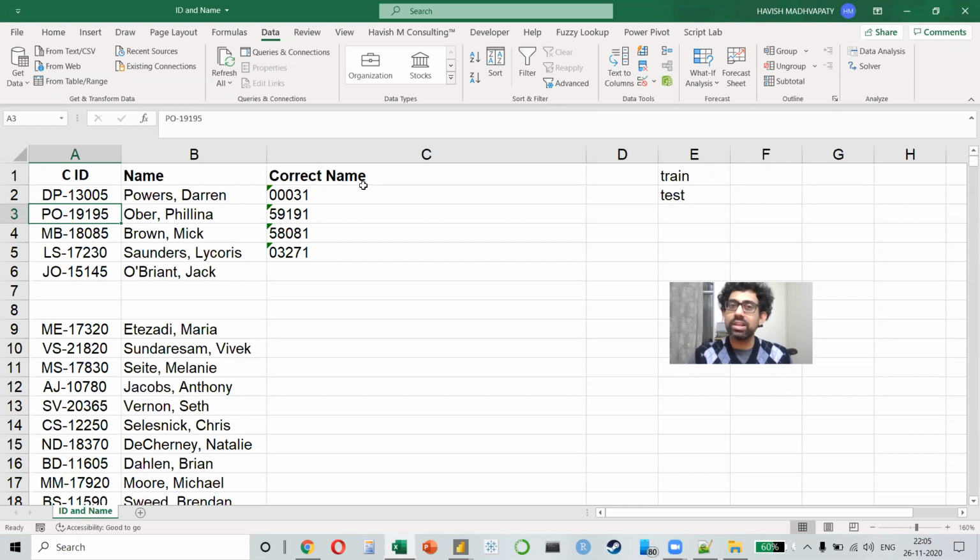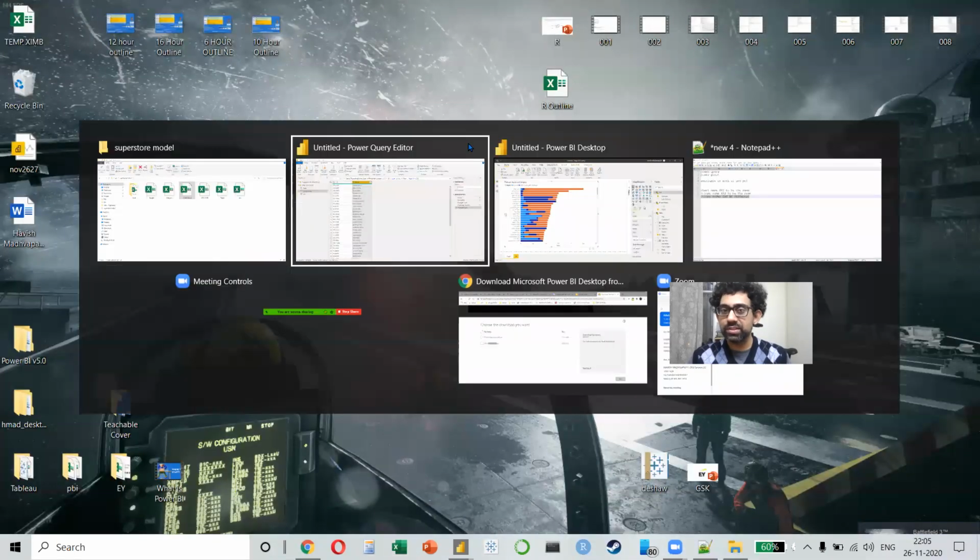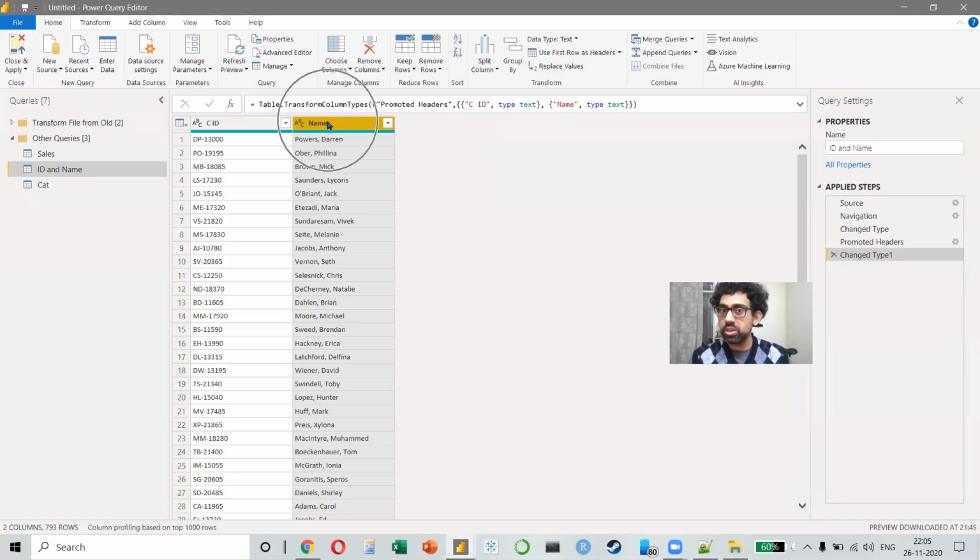Flashfill in Power Query is called column from examples. Same thing, column from examples, and it is very, very powerful. Let's see. So I go back to transform data. Now, how do I use Flashfill here?